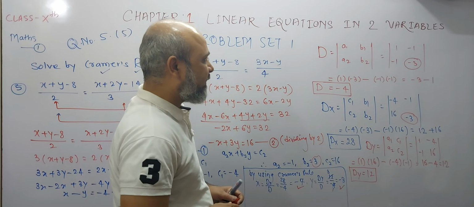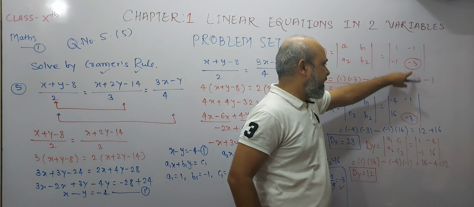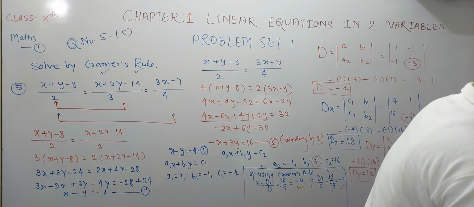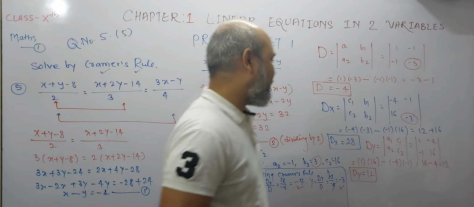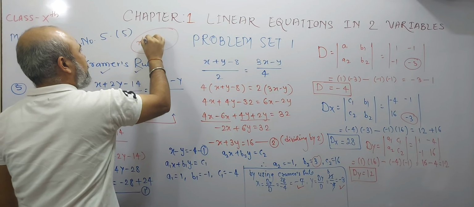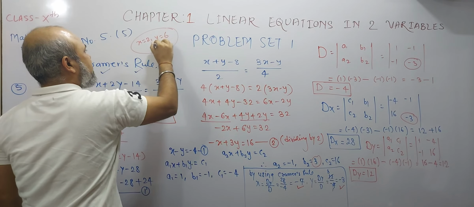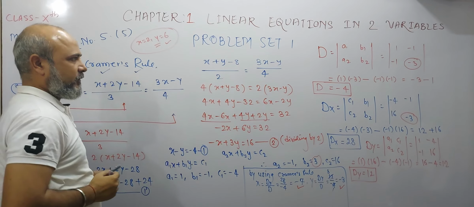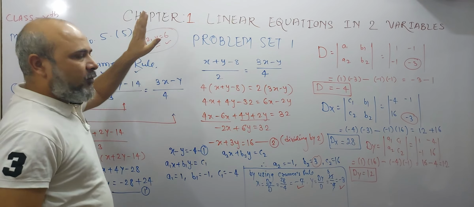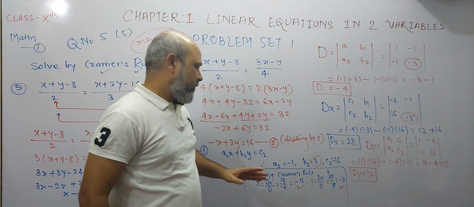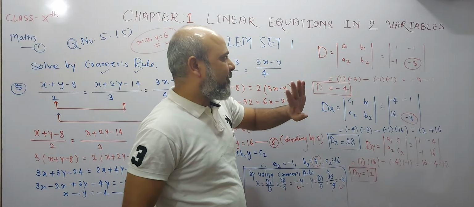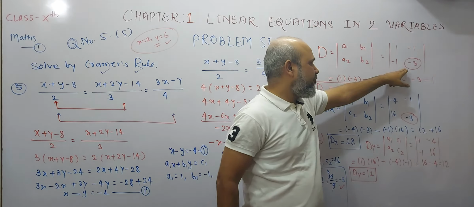And students, when you take plus 3 here, your answer will be x is equal to 2 and y is equal to 6. This is the correct answer. Okay, so for this question, this is the correct answer. The only problem is that I have taken the value of b2 as minus 3 by mistake, when it is 3.